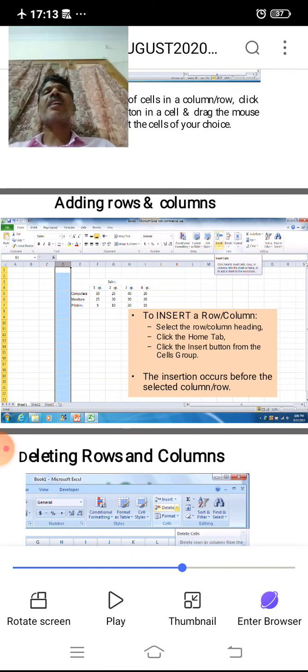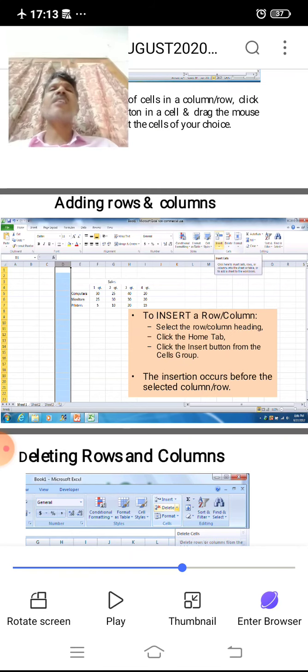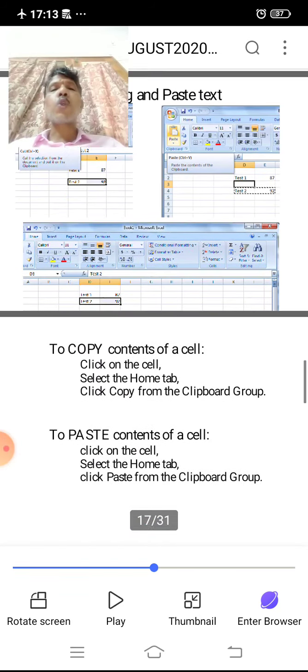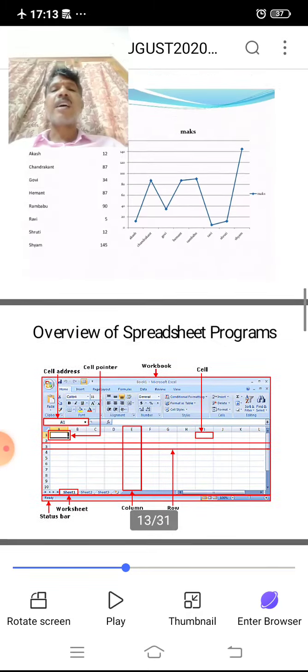That means organizations' employee records can be managed. These are the most important features of MS Excel.